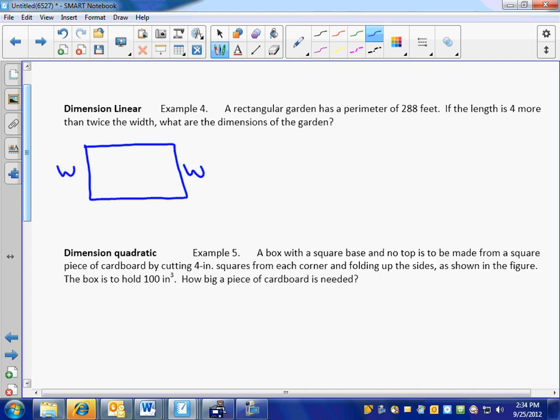We have width. We have length. Right? And if we add them all up, we're going to get 288. But there's an important piece of information here. It says the garden has a perimeter of 288, but the length is 4 more than twice the width. So I could say the length is, how do I write 4 more then? 4 plus 2w. So now, if I just take that and put it here, length is 4 plus 2w, and